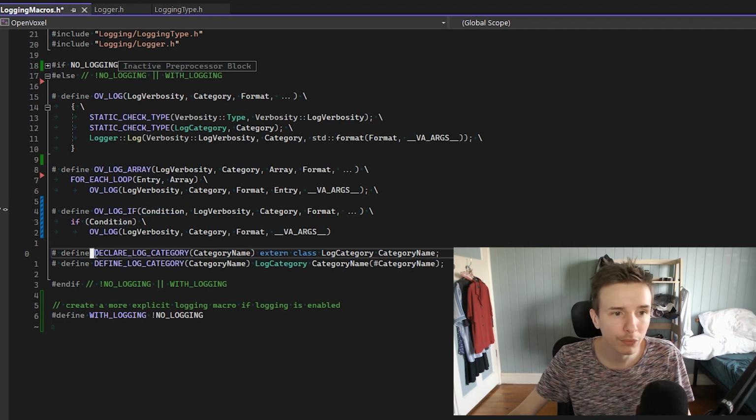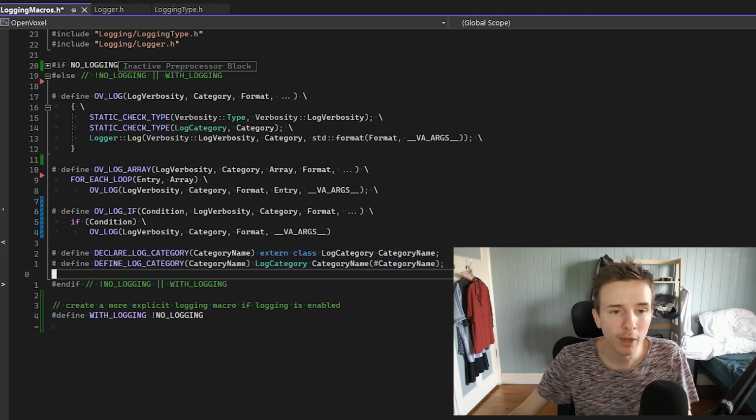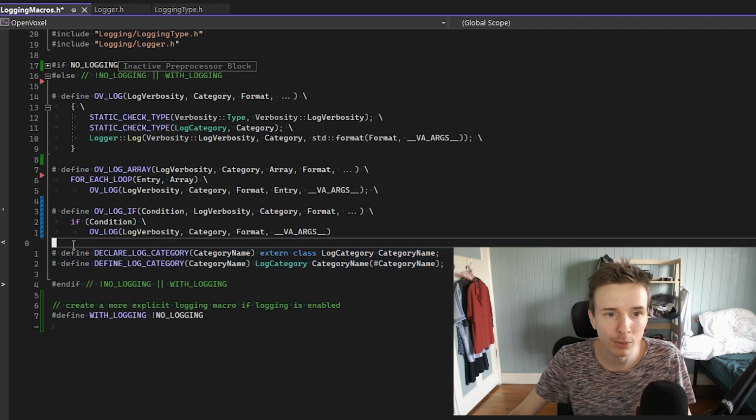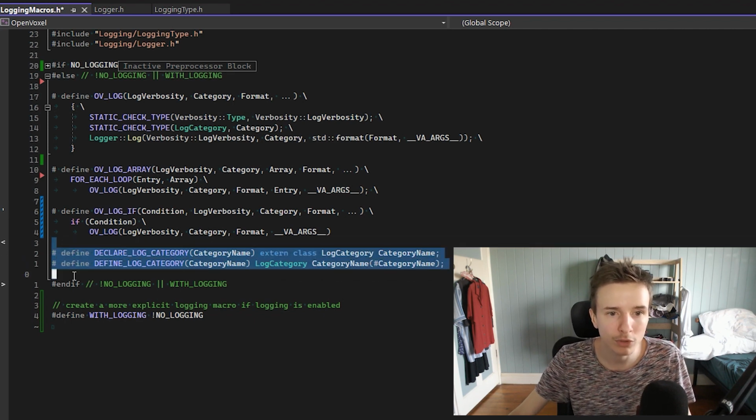And the second most important thing is the declare and define log category macro, those two here. Those are very important because it's able to create new categories for the logging system. And if you ever use Unreal Engine, it may sound familiar to you because it's using the same pattern that they use. I found it very useful when I was coding with Unreal Engine, so I implemented the same thing